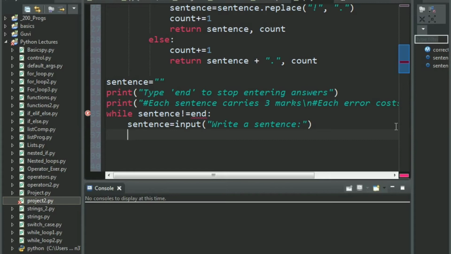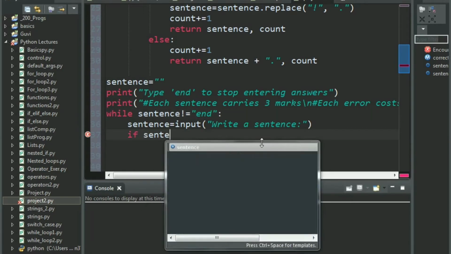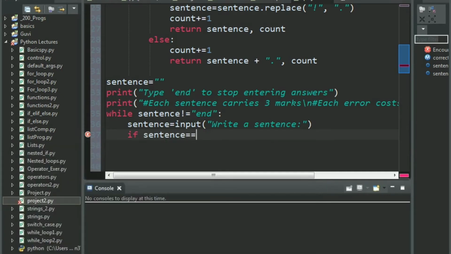Okay, and now I shall simultaneously check that in case the student gave end, I need to stop taking inputs, right? So just after each input, make sure your code checks if the entered string is end or not. Now I forgot to give quotes here, that's why it will show me an error. Okay, so if sentence is equal to end, then